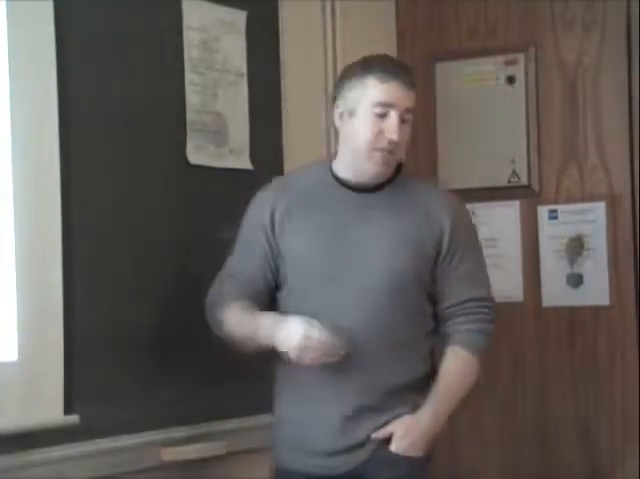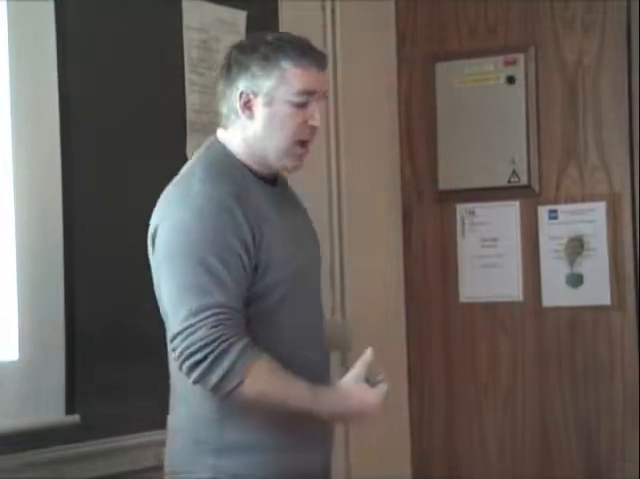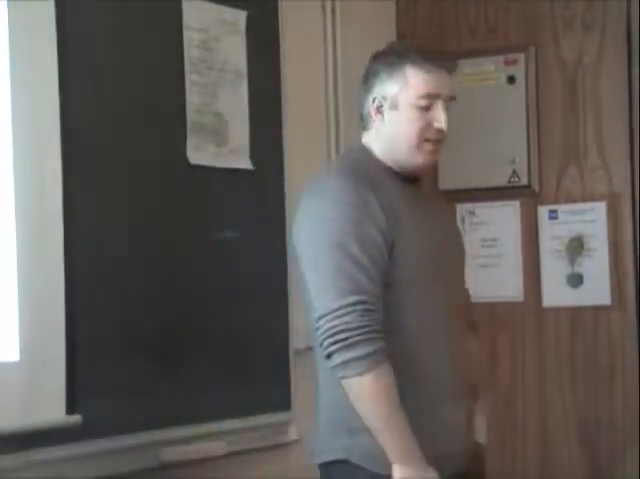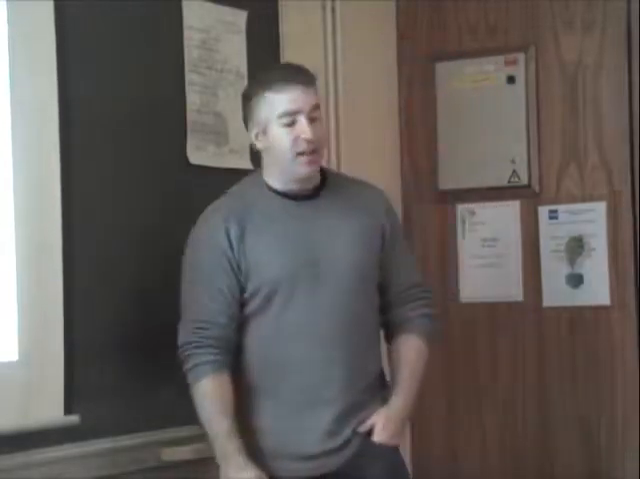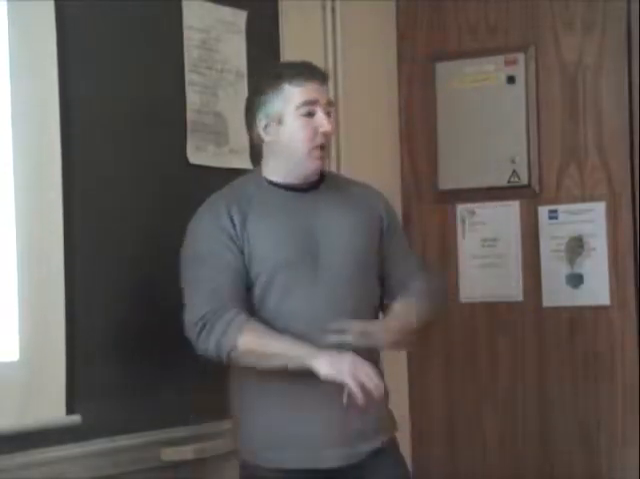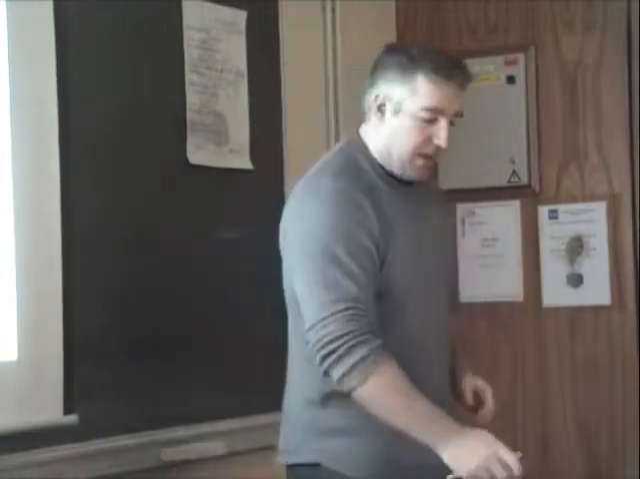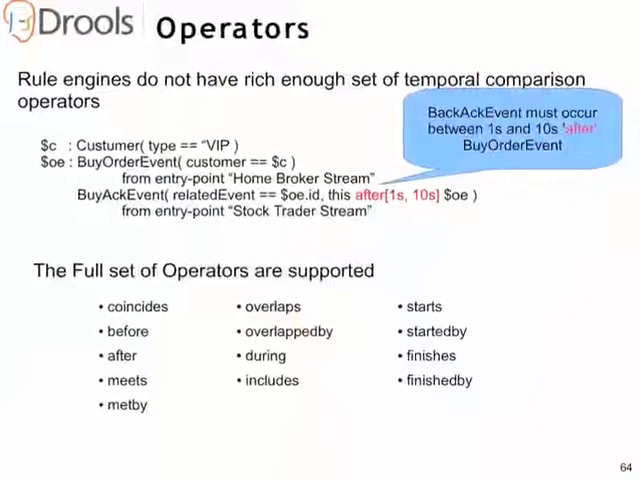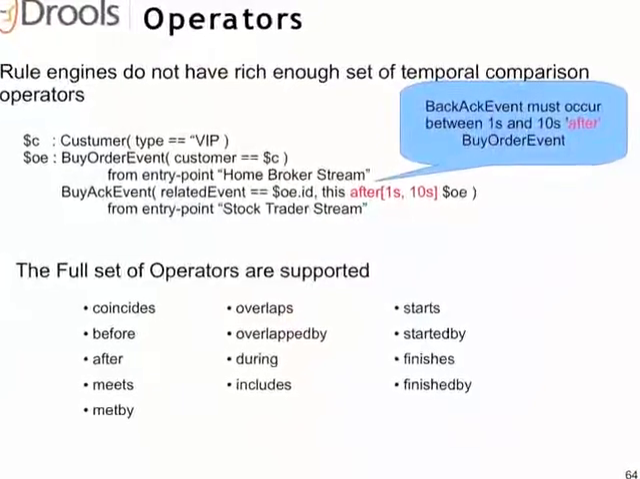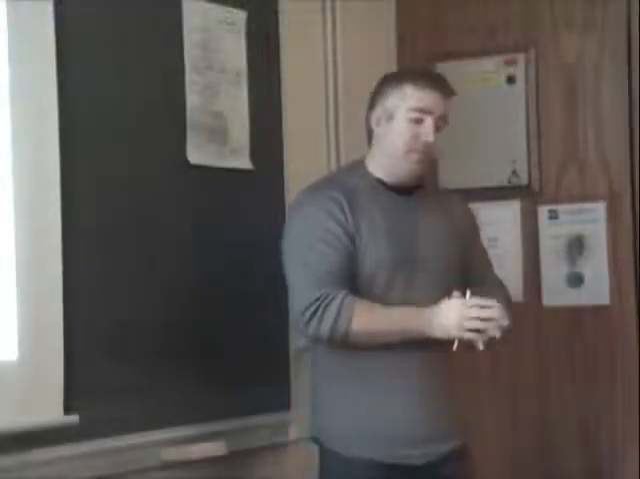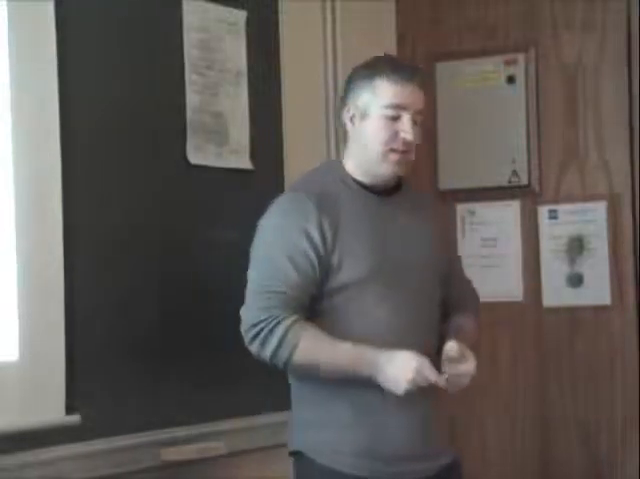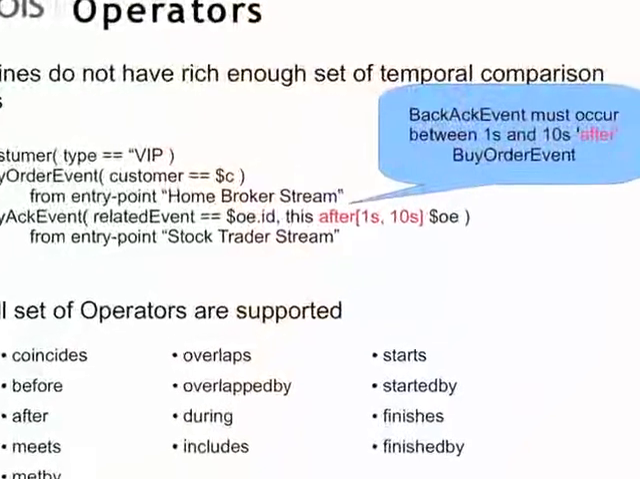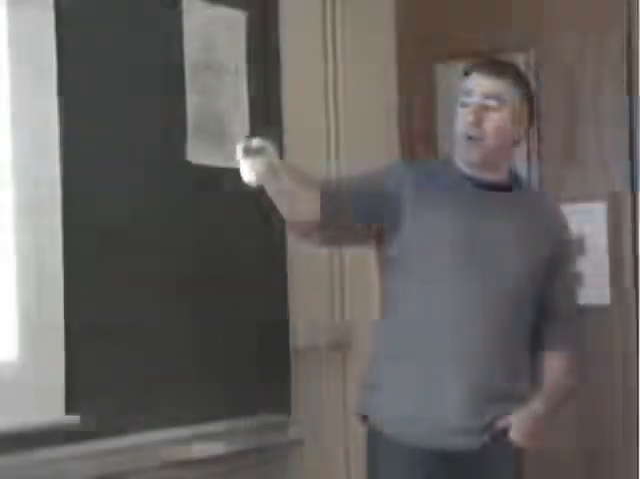Rule engines do not have temporal comparators. It's very difficult to do comparisons of time. Drools is now extended with all 13 temporal operators that, as I understand it, allow you to model any type of time. And you can do this by saying this comparator, and different comparators have different arguments, because you can say when something is after this, between 1 second and 10 seconds. So this is saying when I have a buy-acknowledgement event, it's between 1 second and 10 seconds after a buy-order